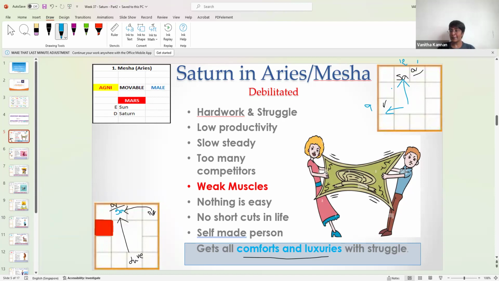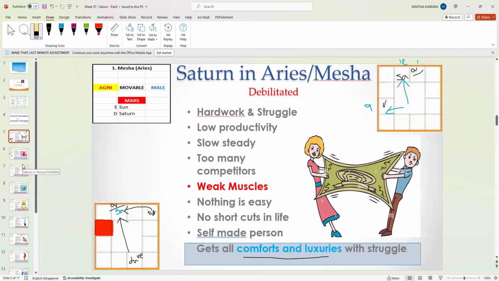Is that okay? Yeah, my daughter has this, but she has it in Meena. So the Saturn is in Meena. Okay, wait a second, we will wait for that. Vanita? Hello? Go ahead, I can hear you. Just I want to ask a blunt question. Suppose